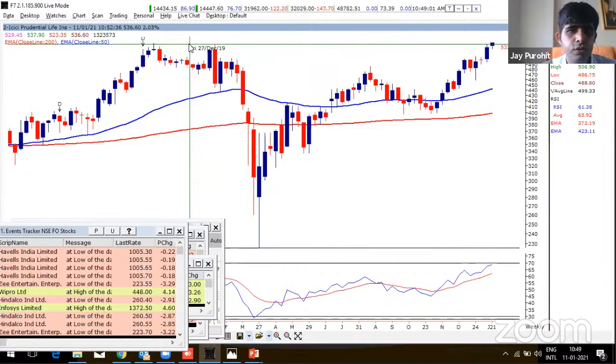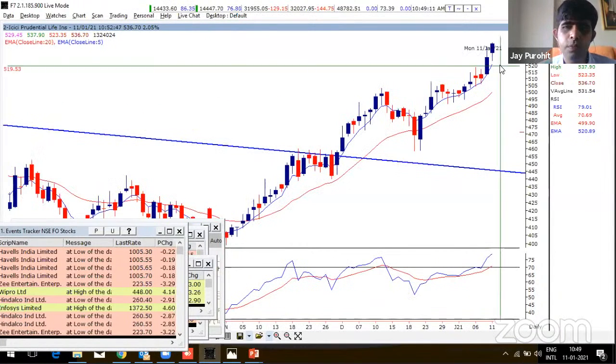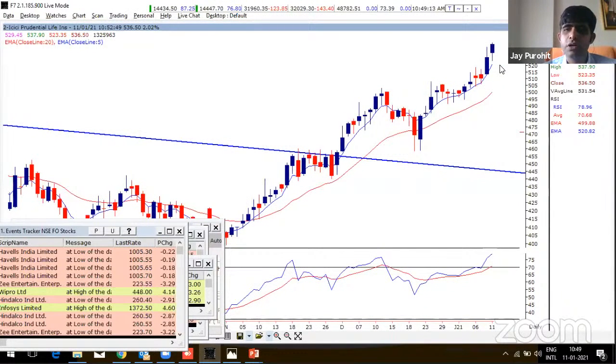So this stock is also giving a breakout on the weekly chart. It is on the verge of crossing its all-time high as well, and the open interest activity is also very good. The stock is up around 2% today, and the low is 523, so the risk is manageable from current levels. It is only 13-14 points. So one can definitely look for a buying opportunity in ICICI Pru Life at current levels with a stop loss of 523. In fact, when the stock was below 500 levels, we recommended to buy, and we are quite